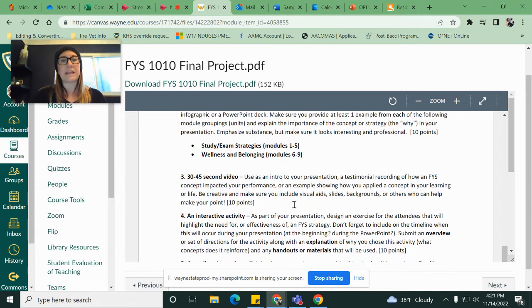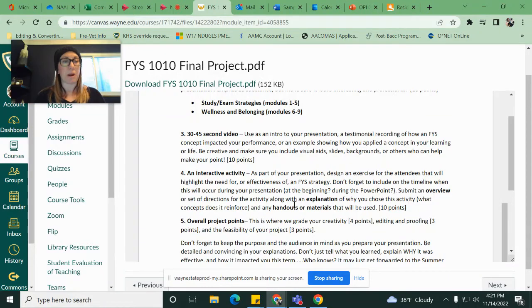The fourth part is an interactive activity. So again, as part of this 30-minute presentation, you are going to design some kind of interactive exercise that all of the attendees would take part in during your presentation. Maybe you highlight the need or the effectiveness of a FYS strategy that we talked about. Coming to mind right off the top of my head is the lesson that I taught with